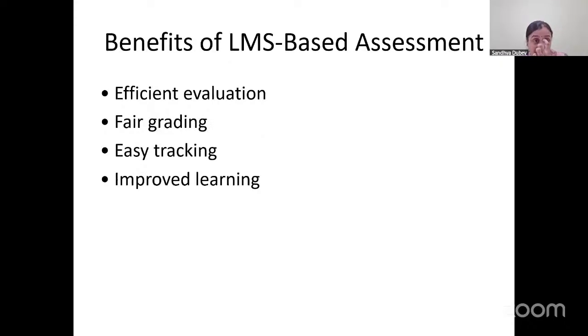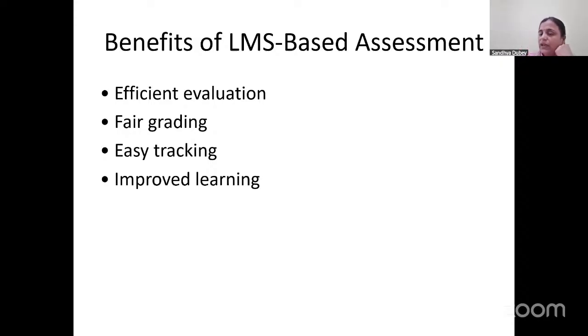Then the benefits of LMS-based assessment. First are efficient evaluation, fair grading, and easy tracking. Improved learning. It is efficient evaluation because it is auto grading, and because you are following rubrics, there is fair grading. With auto grading, within no time you get the result, which makes students learn better.